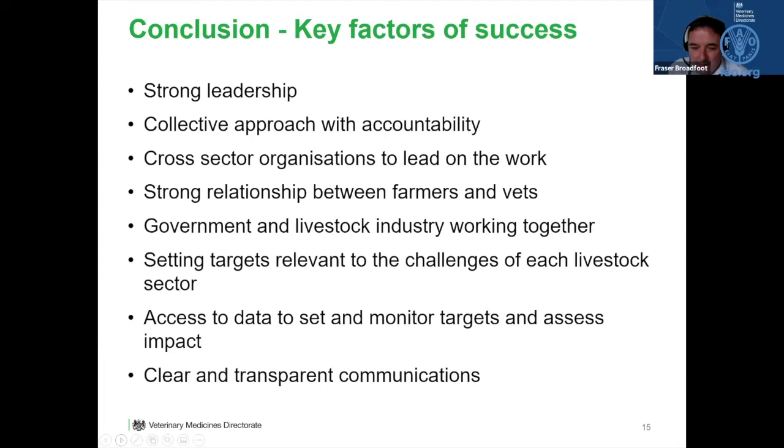And the communications are, as well as focusing on the human health benefits, also focusing on the benefits to the farmers, you know, the benefits of having healthier livestock and better productivity. And I know that's also talked about within this e-learning course. So that was my quick 15 minutes to talk about the UK situation, but also importantly sessions 3 and 4, which are really focused on